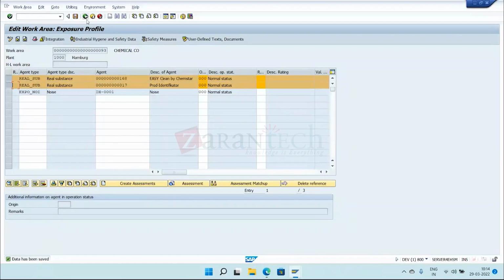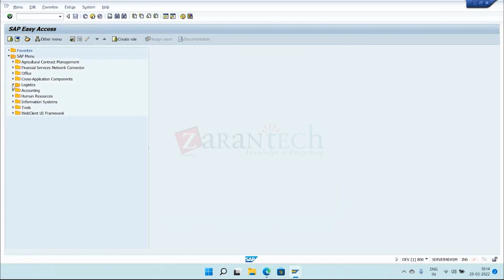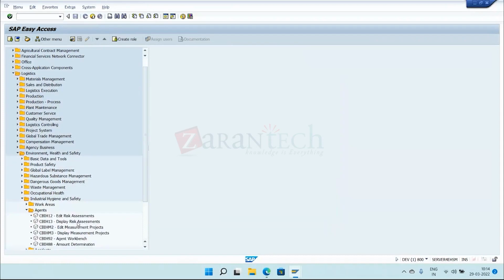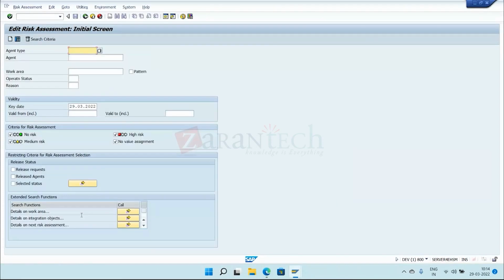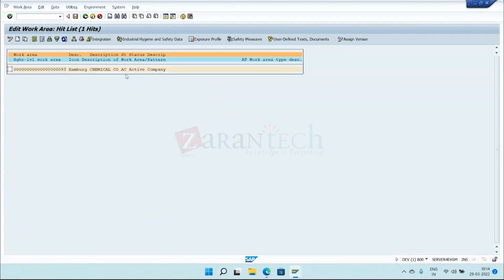The other alternative way is you can come to the normal create assessment screen, click on the create button, select the agent type, which work area, and then you can create it. This is a pain because for each agent you have to create it again and again. But if you do the same thing here in our work area,